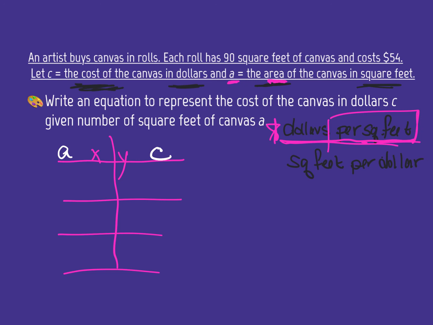So, what numbers did they give us? Each roll has 90 square feet. So the square feet, that's the area. So that's going to go here on this side, right? And C is the cost, which is $54. Okay, so next step is to divide. Again, we divide in this direction, right? So we're going to go off to the side. 54 divided by 90. Mrs. De Silva, I don't know how to do that. Well, get yourself a calculator. And what do you get? Hopefully, you get